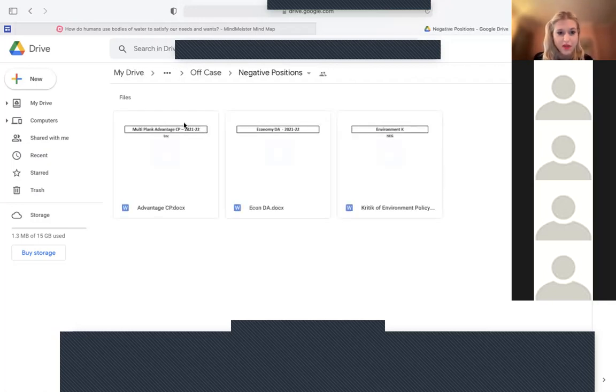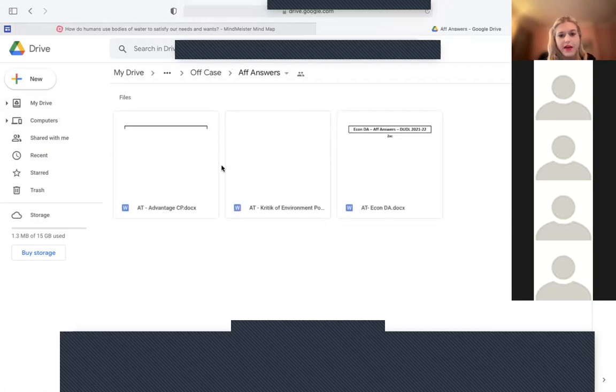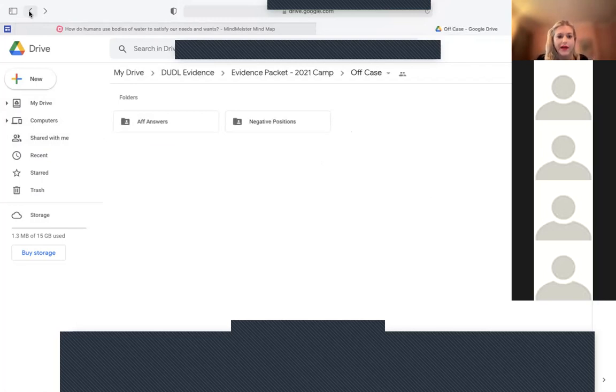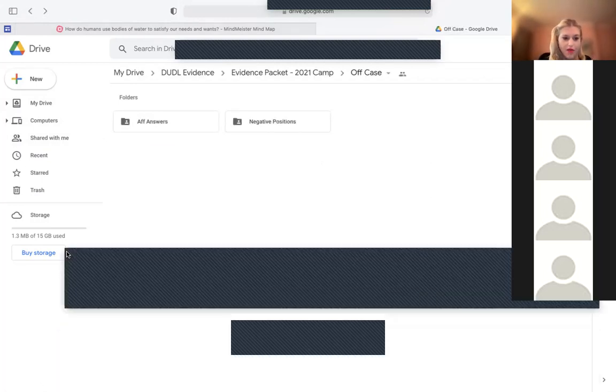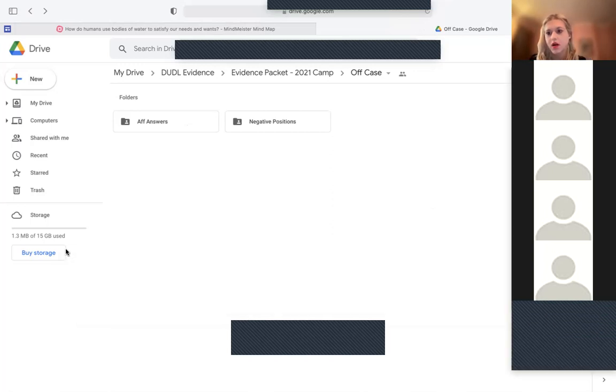We have the 3 negative positions. Darcel had sort of overviewed these positions: the counterplan, DA, and critique. These are negative positions, and there are corresponding AF answers to all of them in our drive. So that will be the packet that we're going to go off of for the tournament and for evidence. The varsity kids might end up adding stuff to theirs, but for the rest of the students, we'll just use this. This will be the evidence that we'll use for Saturday's tournament.